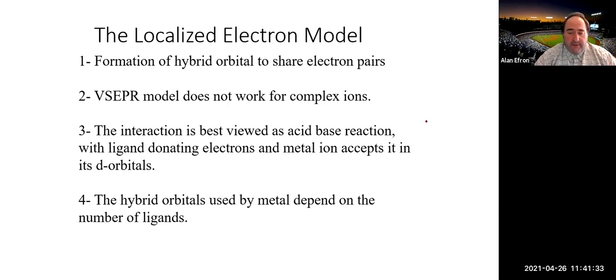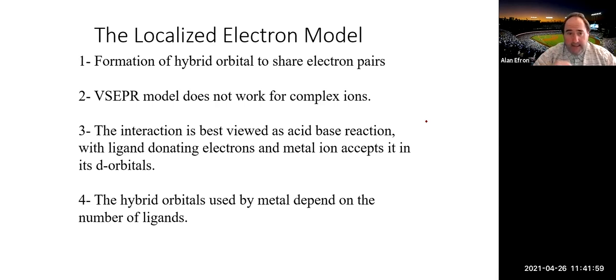Now, when these ligands bind in our complex ions, they do form geometry, similar to the geometry that you probably learned when you were talking about Lewis structures. So let's talk a little bit about that and the hybridization idea. The formation of hybrid orbitals to share electrons. So if you remember, perhaps when you talked about bonding, you talked about hybrid orbitals like sp, sp2, sp3, sp3d,